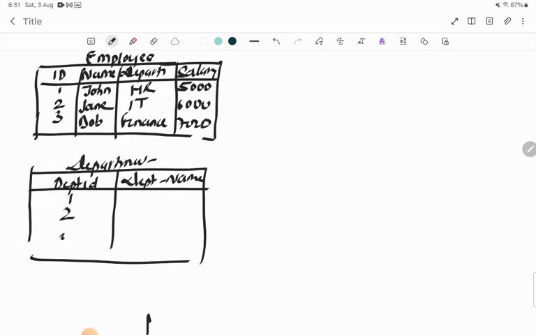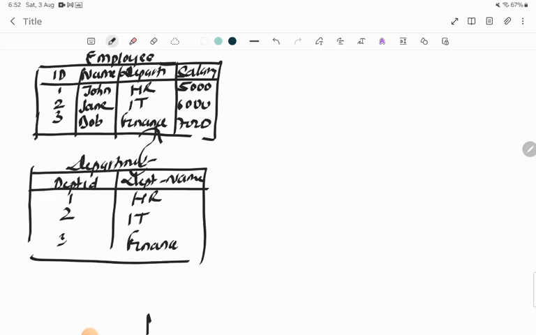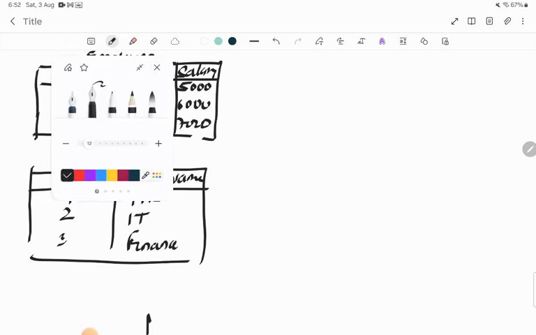So 1, 2, 3 is our department ID, and the department names are HR, IT and finance. So you can see these are the two attributes, two columns that are common in both tables, so we can perform our join operation. If you write the SQL command for EQUI join, the SQL command will be